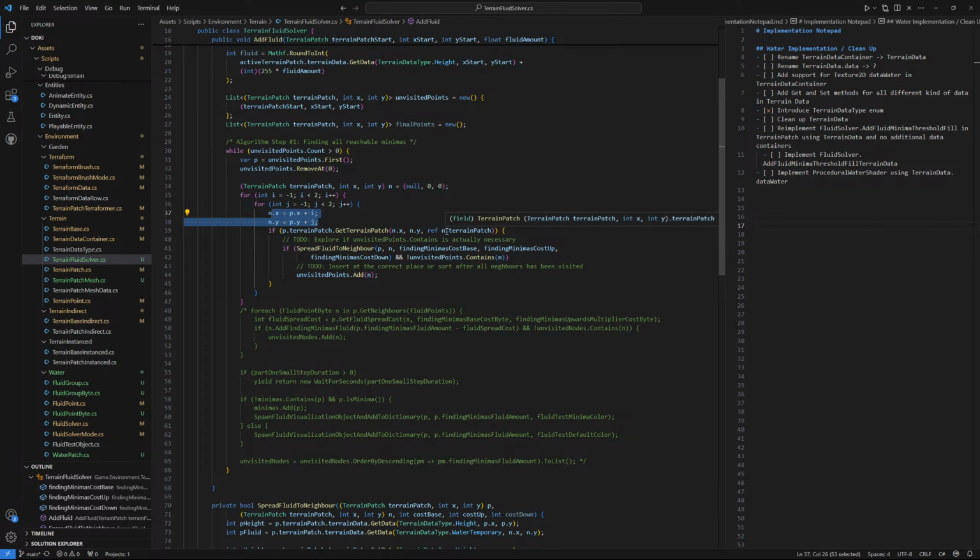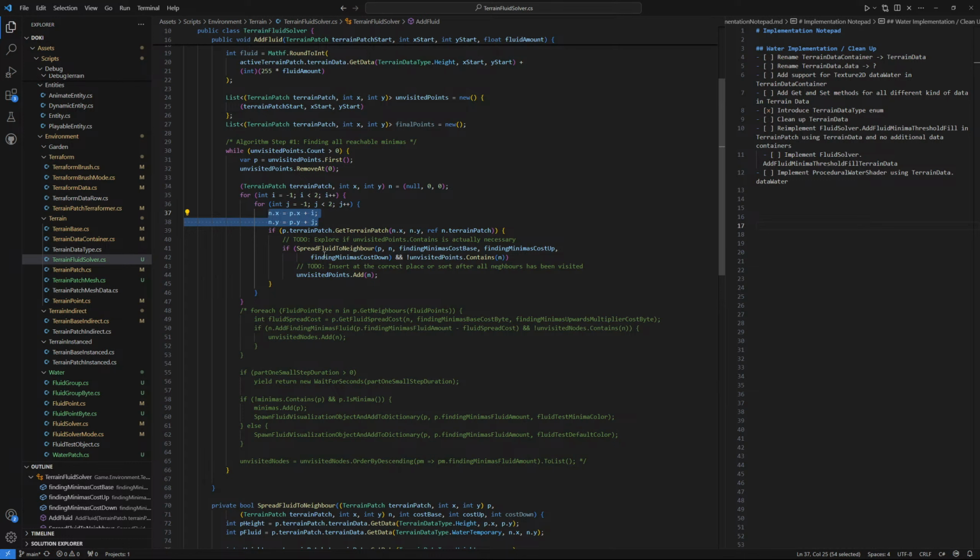So when we move from one terrain patch to another, we actually need to wrap the x and y. Because if we move from the last index of one terrain patch, we're going to get to the first index of another terrain patch. And we're going to have to handle this